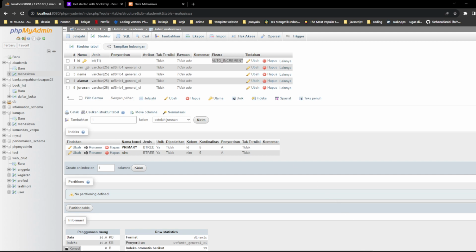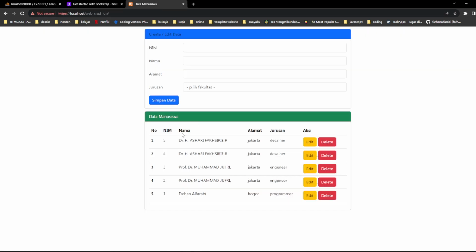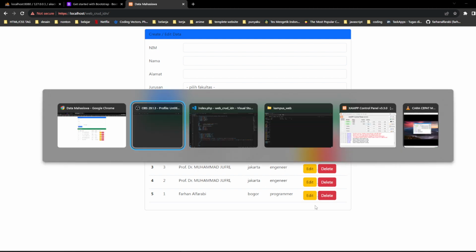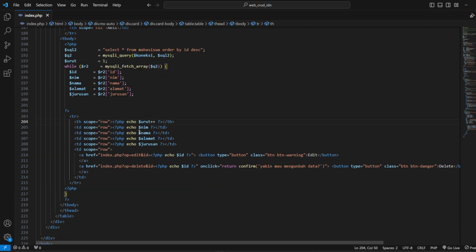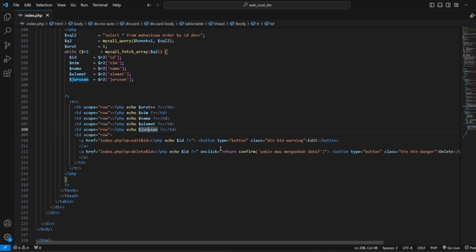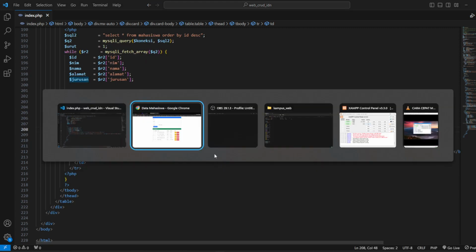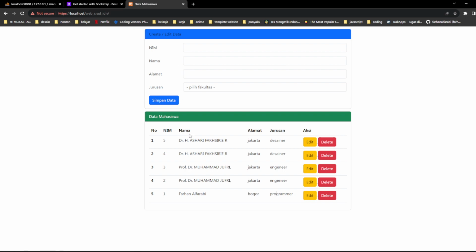So in the PHP also we just give it auto increment, so the ID will run by itself. Okay, like that. So after that, the name, the address, and the major. Okay, that's from the table.